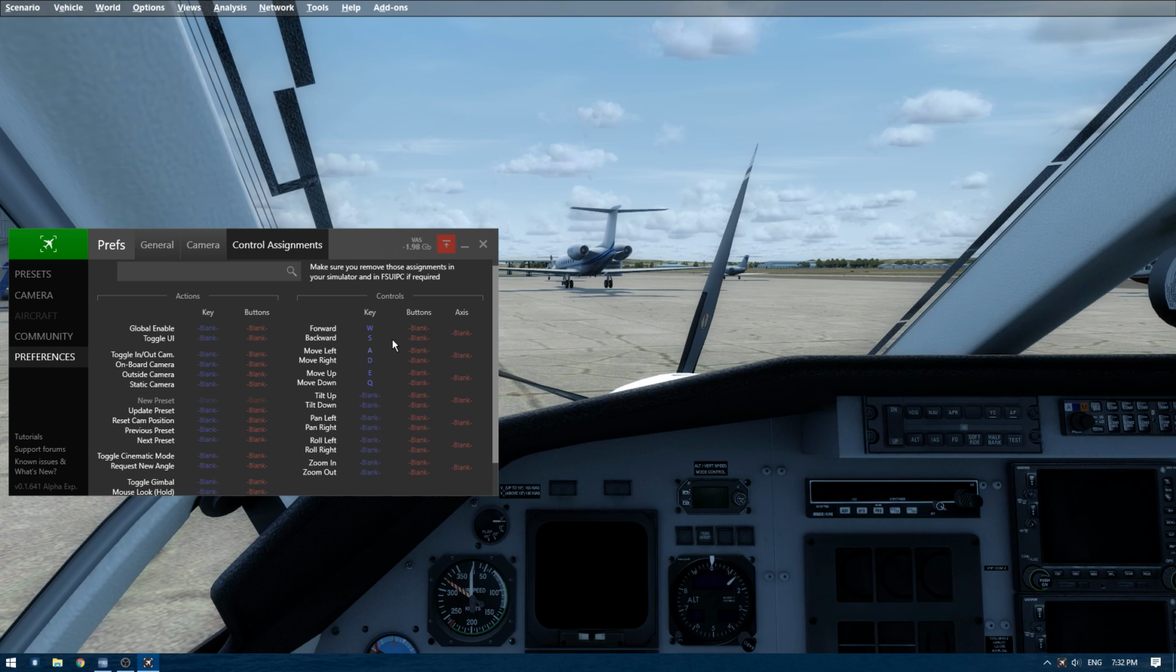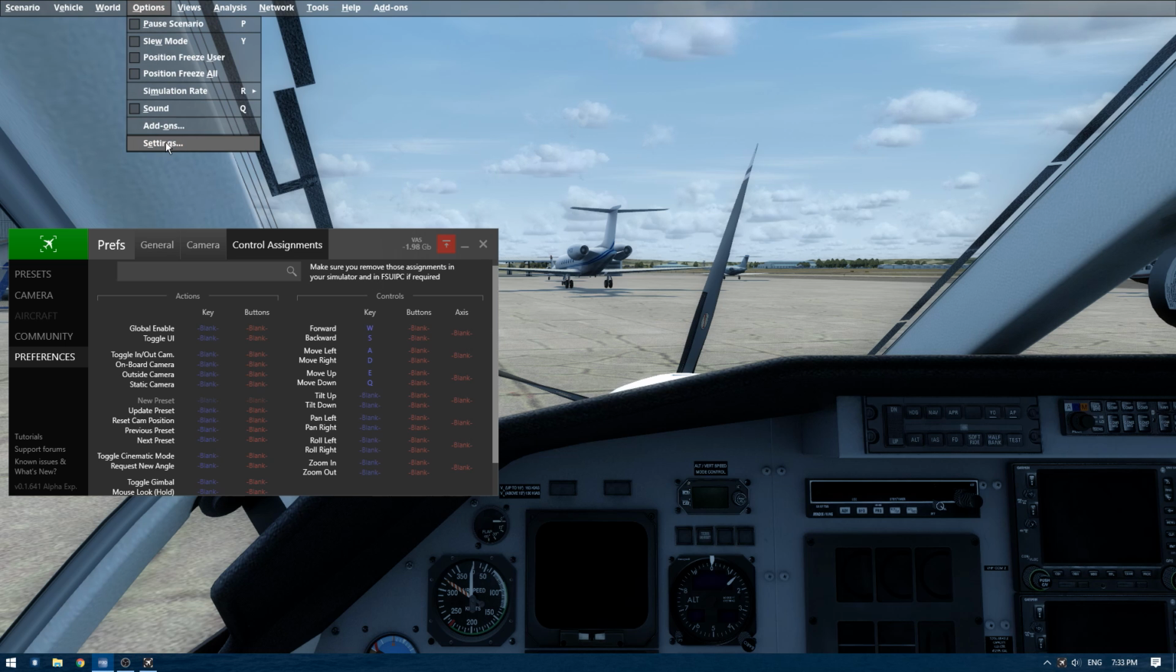Those controls are assigned in ChasePlane, so they will work with ChasePlane. But if you already have those keys assigned in the simulator, there will be a conflict because ChasePlane will start moving the camera and the sim will try to do something with the assignments as well. So what we want to do is remove those assignments from the simulator. So we'll go into Options, Settings,